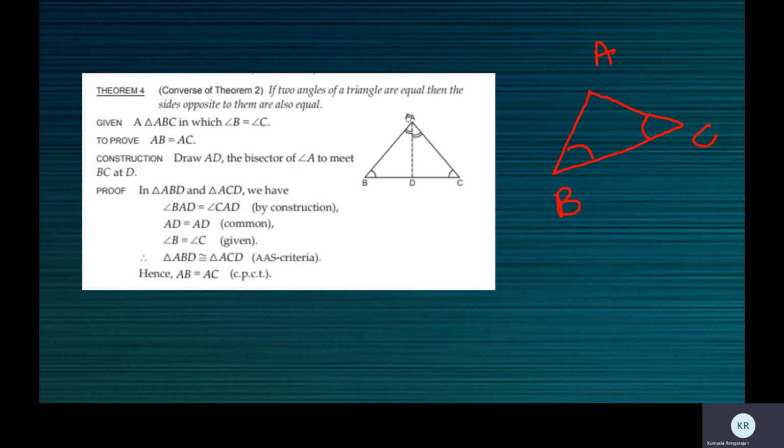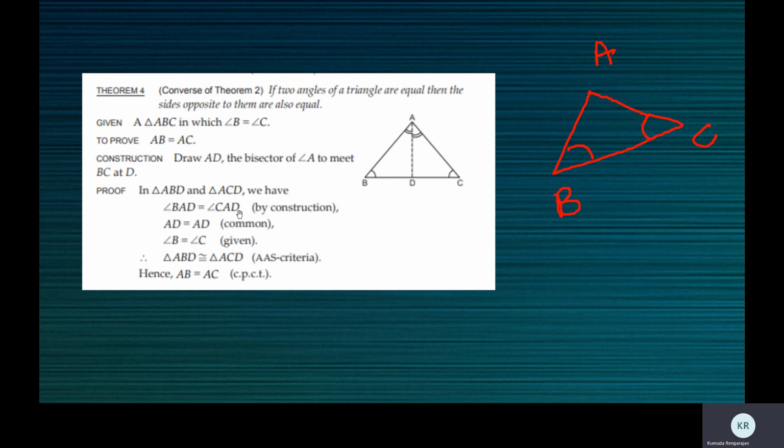So in triangle ABD and in triangle ACD. See, you can name the triangle any way here. Only when you use the congruent symbol, the order or the way you name the triangles is very important. Here you can call them any way. So you can call it ABD, ADB. You can call this ACD, ADC, CAD. So in these two triangles, list out the equalities.